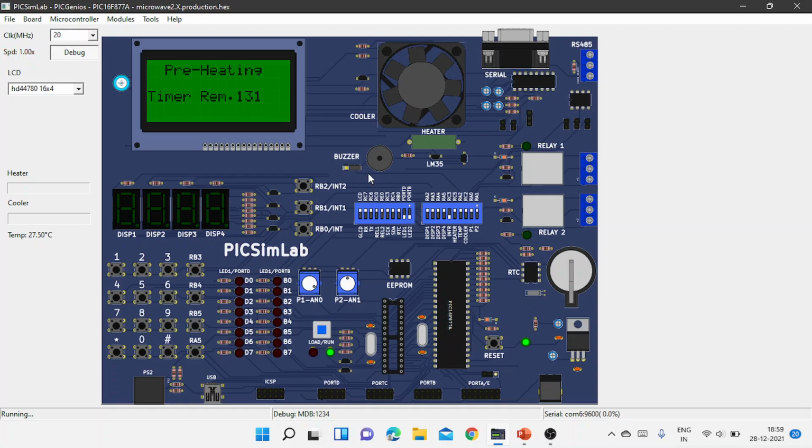So in the third mode, convection mode, we enter the temperature, then the buzzer will activate after the completion of the time.